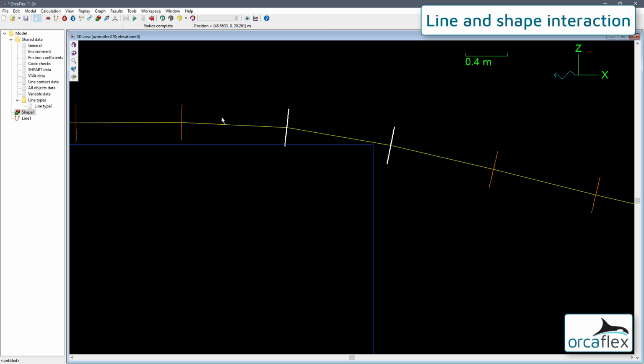This once more highlights the potential for issues when a line contacts a shape at a sharp edge. If there is any lateral movement in the line at this point, we will see noise in the simulation, as nodes are either pulled up onto the top of the shape or fall off the side. Remember once again that these nodes are modelled as spheres for contact purposes.